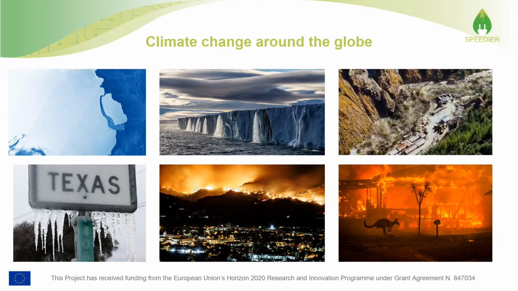Bottom left to right, you can see the extreme winter conditions experienced in Texas this year. Also, you can see fires in California and fires in Australia. These events were seen as once-in-a-generation experiences. As our climate changes more and more, these events will become more frequent and more violent.